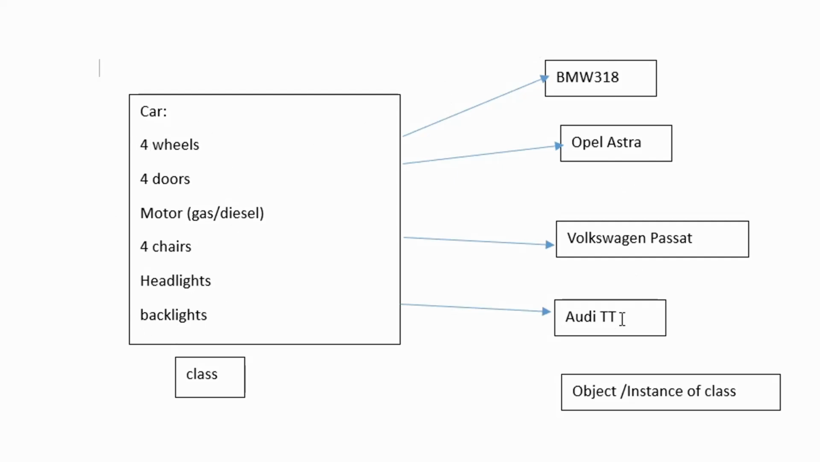They're all cars, they all have 4 wheels, but for instance an Audi TT has light metal wheels and all the others have default steel wheels, or the motor might differ. A BMW 318 and an Audi TT might have stronger motors than a Volkswagen Passat, which has a stronger motor than an Opel Astra, for instance. But they all still have headlights. But the headlights of the Opel Astra might be